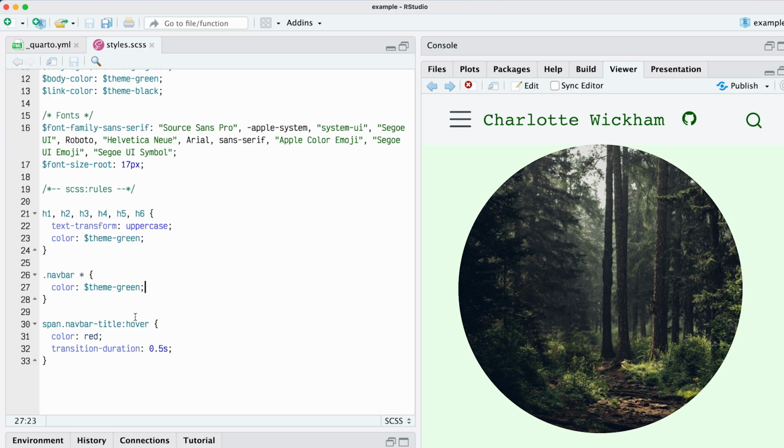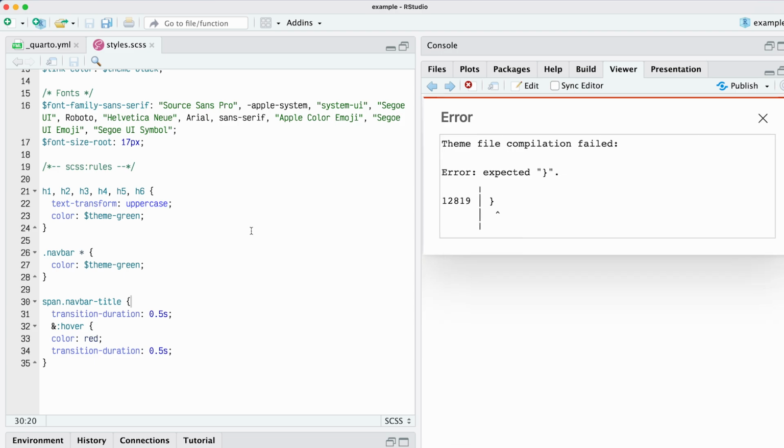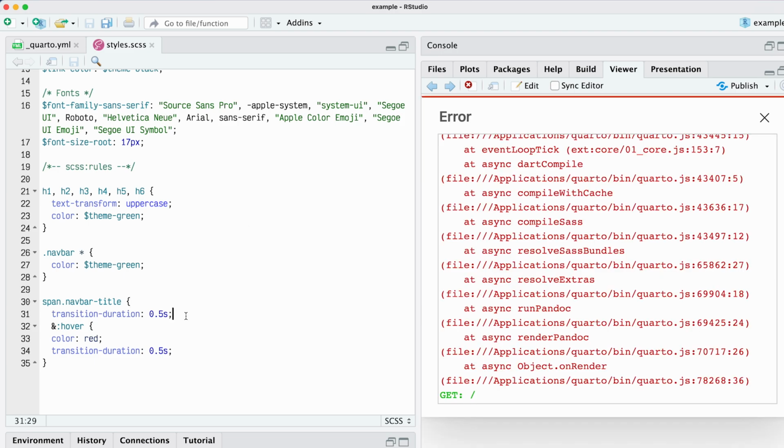So its normal styling should also have a transition duration. So now it transitions. It didn't transition both ways, but that's fine, because we can do it different ways. So this is where the nesting becomes useful. So now we create a nested rule right here. So now we need one more here. All right.